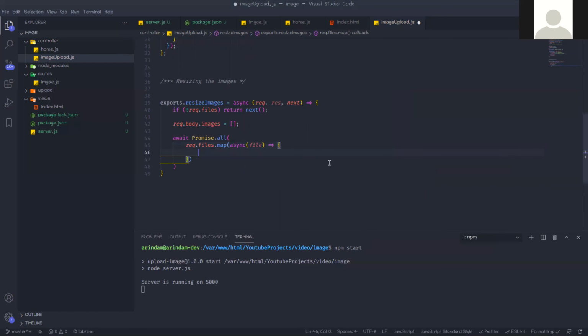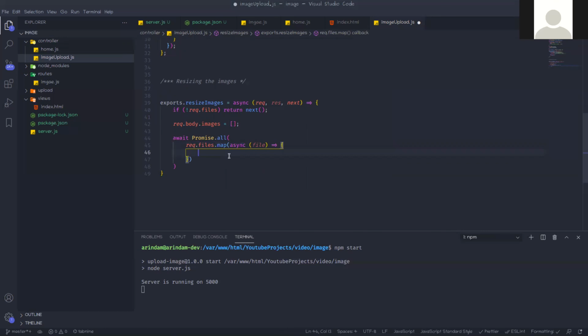If you know about the map function, then go ahead, if not, then Google it or wait for my another video, which will come very soon. In that video I will discuss more ES6 functions, like map, reduce, filter, all those. So request.files.map is actually running one loop, mapping each of the files.